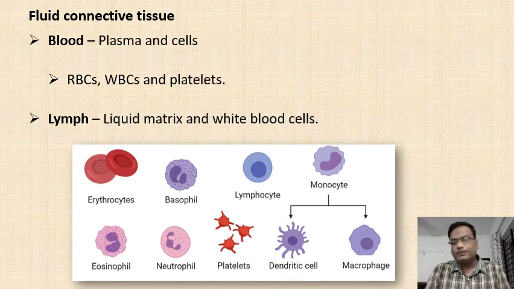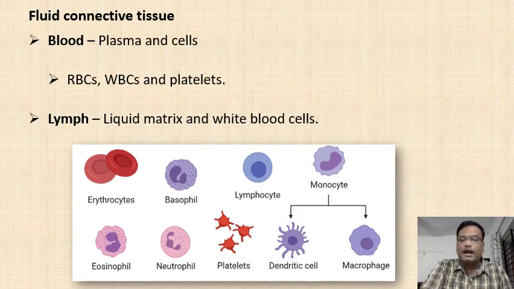Blood is the fluid which circulates very quickly in the body, because it is present inside the blood vessels and the heart pumps the blood. Within 0.8 second, the blood circulates throughout the body. Whereas lymph is the tissue fluid, found in the tissue, and it flows very, very slowly. Lymph is mainly associated with identification of pathogens and immune response.